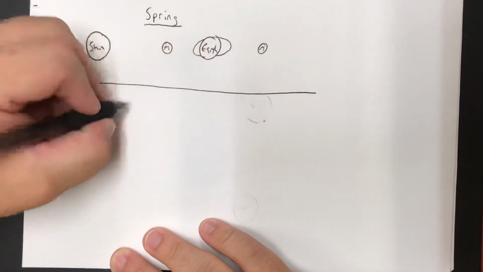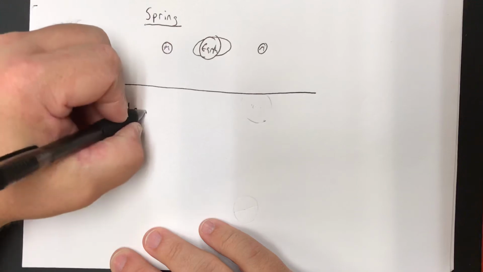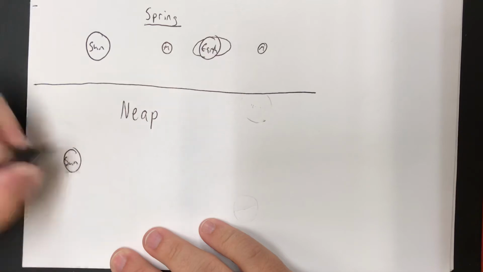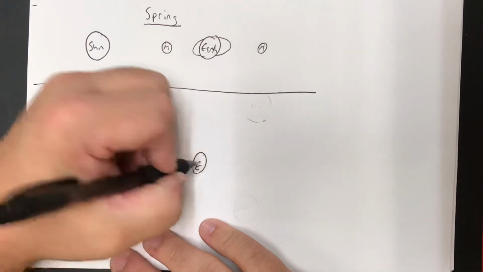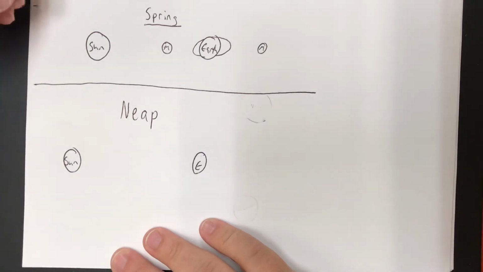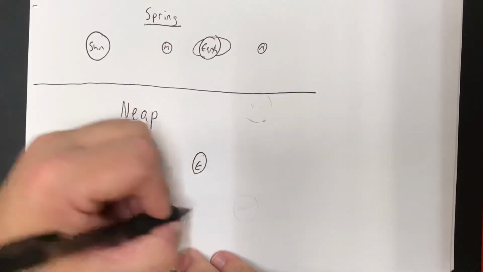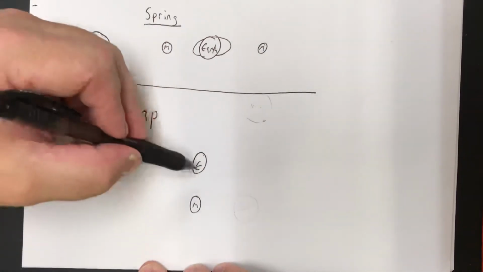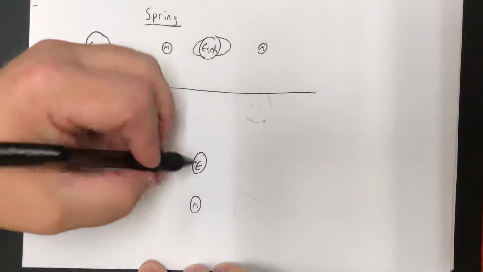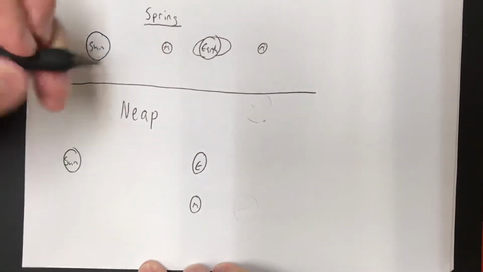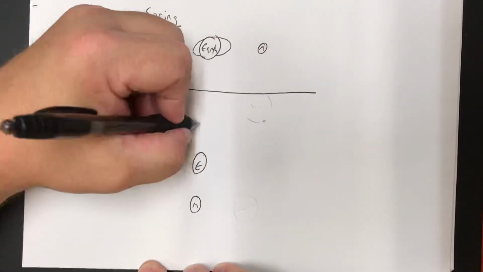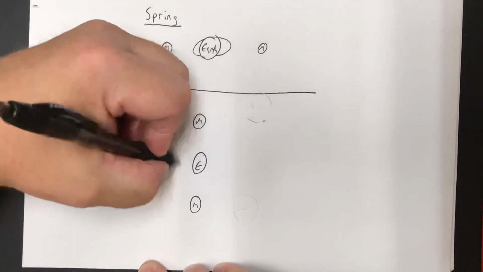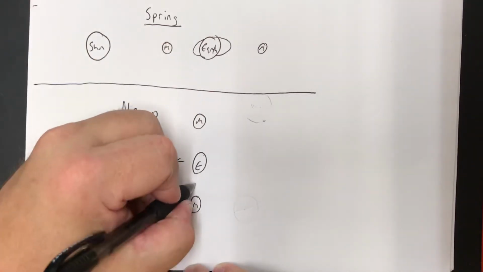The next type of tide is called a neap tide, N-E-A-P. A neap tide is when the sun, the earth, we'll put a letter E in there, sorry I couldn't fit it all in there, the sun, the earth, and the moon are at a 90-degree angle. Here's a moon right here. Once again, not to scale, obviously, because the earth and the moon are not that close in size. It is when the sun, the earth, and the moon are at a 90-degree angle, either at first quarter or at third quarter, which is causing the sun to pull in this direction, and the moon to pull in this direction